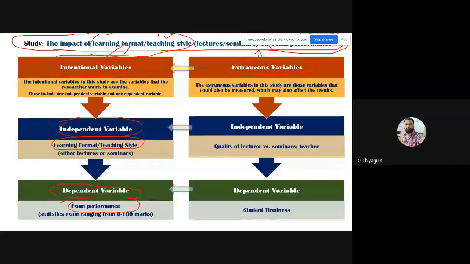Better for the layman, for the research is better to reach the layman too. Therefore, if you want your research project to reach the layman, better you go with a very simple manner, like independent to dependent. Then even people who do not know the researcher, those who read the topic, can easily understand.